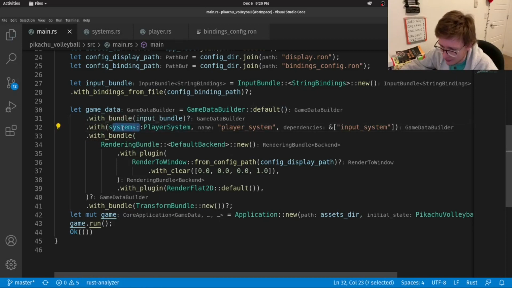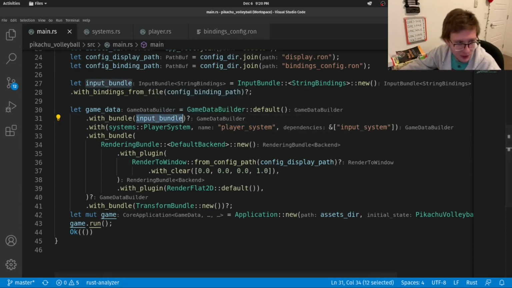In here we have the player system, with a name, very creative, that has a dependency on input system. And this input system, we're just getting from under the hood of the input bundle, as we saw before.